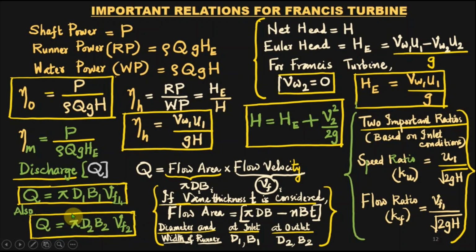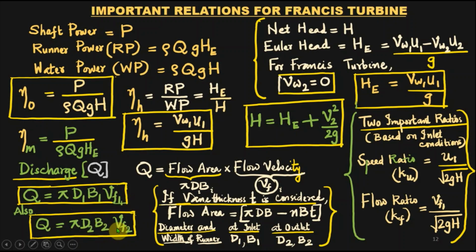So flow area, that is the circumferential area at outlet, that is pi d2 B2, multiplied by Vf2. So that is the expression for the discharge. And for a steady flow through the runner, the discharge at inlet and outlet will be the same. Therefore the discharge expression for a Francis turbine is Q equal to pi d1 B1 Vf1